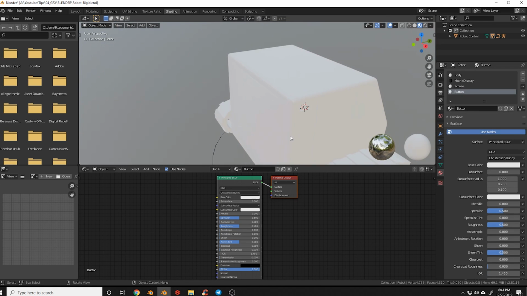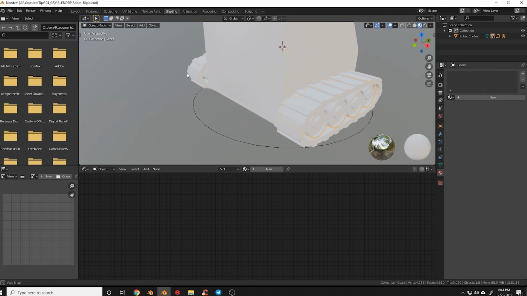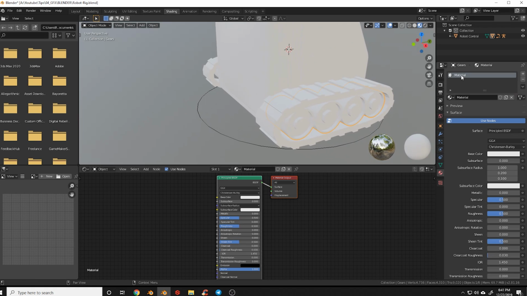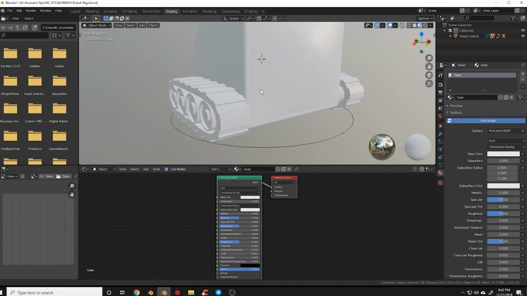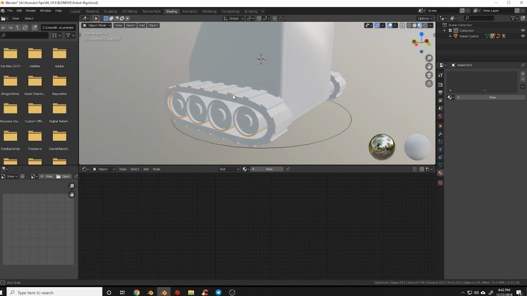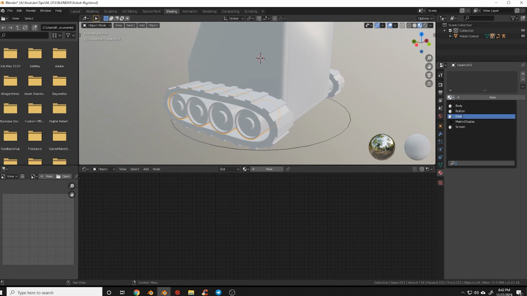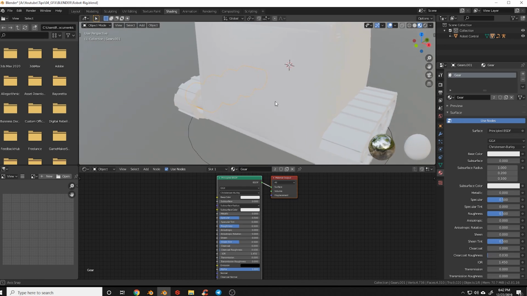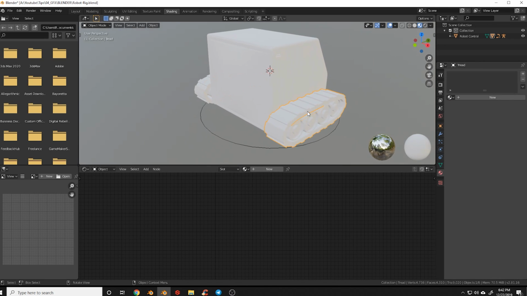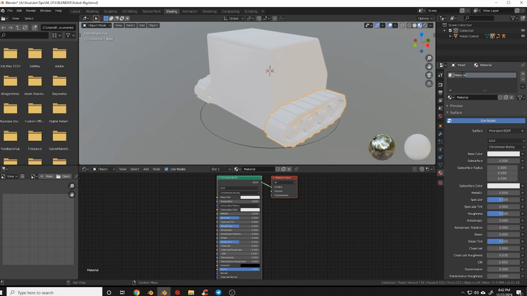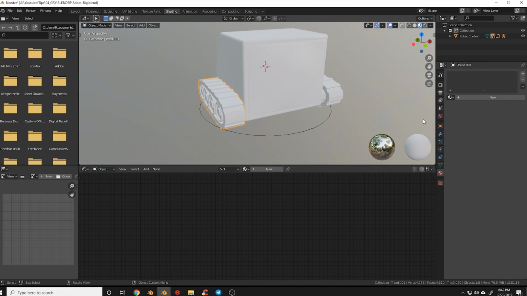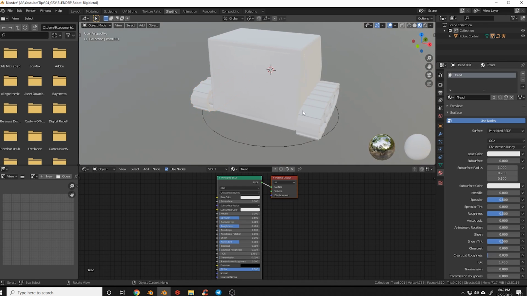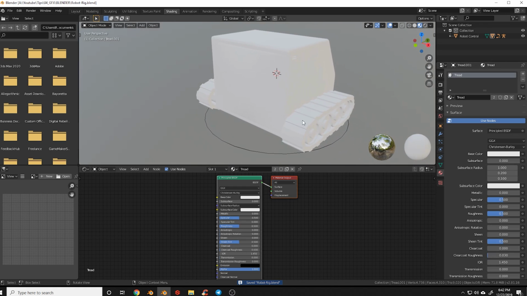Now let's come out here. Let's grab these cylinders here. Let's create a new material and call this gear. And then let's switch over here and add the gear material to those. Then let's grab these tank treads, hit new, we'll call this tread. And I'm just going to set these shaders up so that they work in Eevee, but they will also all work in